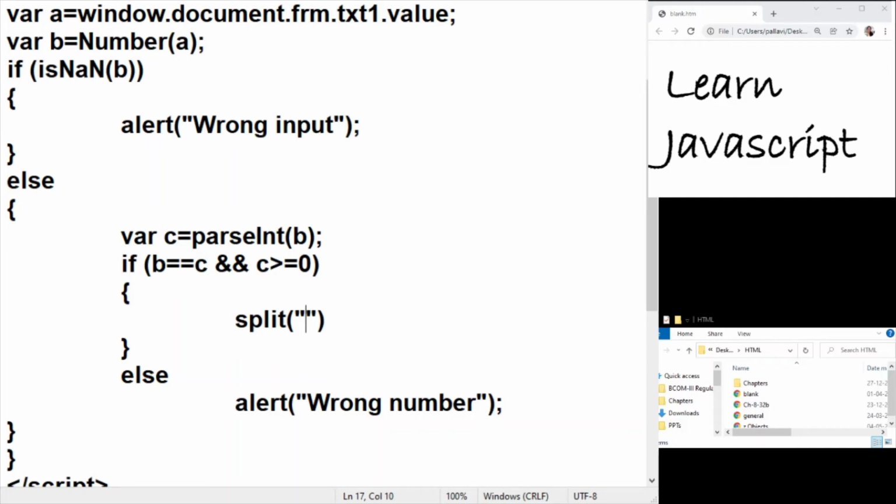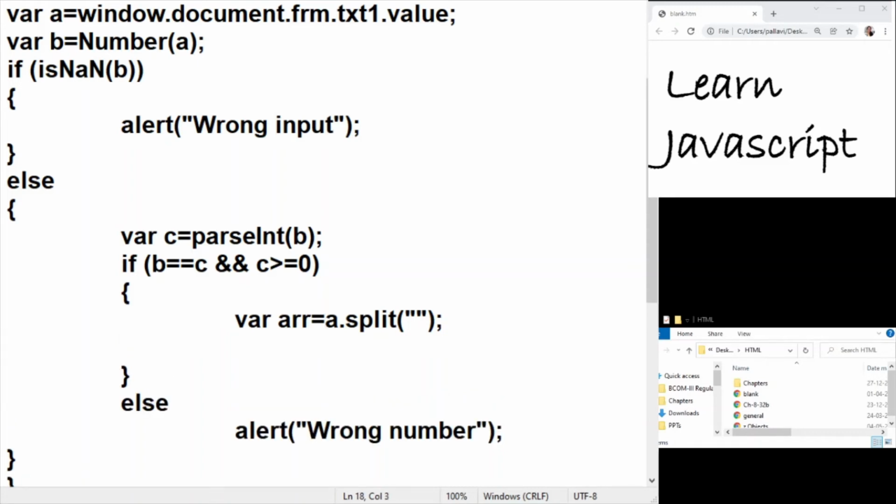Now I'm using character string manipulation here, so we're not going to use it as a number. For just checking purposes, I did the conversions. But otherwise, I'm going to work with the variable a, which is containing the string. So now I'm going to split this a into an array. Let me create an array which is going to contain all the digit characters which are split out.